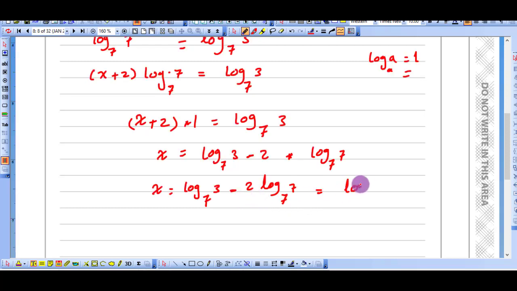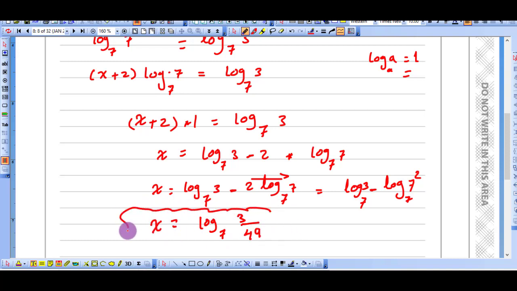So it's equal to minus means divide. So it will be log base 7 of 3 minus log base 7 of 7 squared, because we bring this 2 inside. Now we have negative, so divide, so it will be log base 7 of 3 over 49. So this is the answer of the question, where a is equal to 3 over 49. Okay,